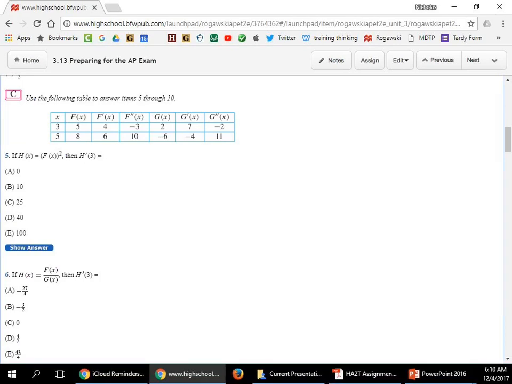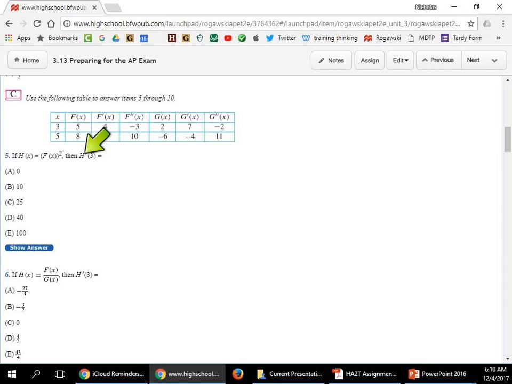Now for my favorites. I love when they give us tables. That means I don't have to take any derivatives of anything. Maybe, am I wrong? Let's see. Let's start off with this one, number 5. It says h, capital H equals capital F of x squared. So what is h prime of